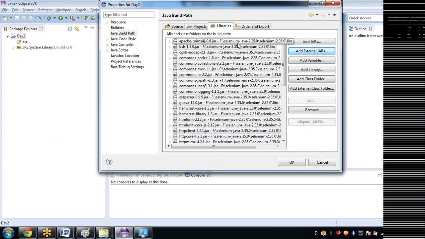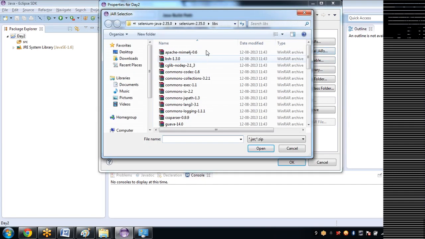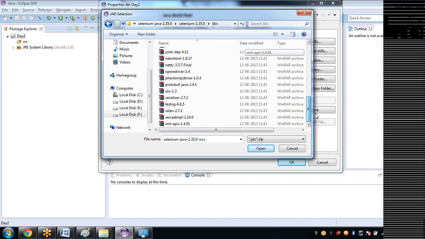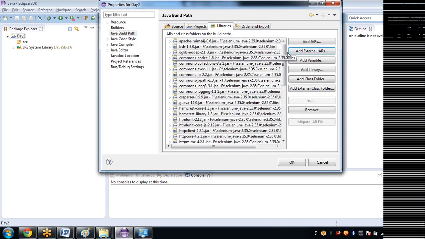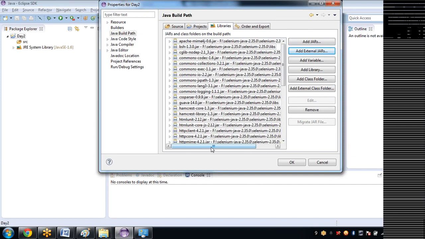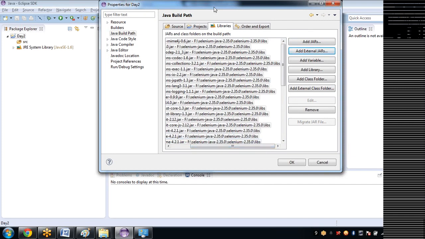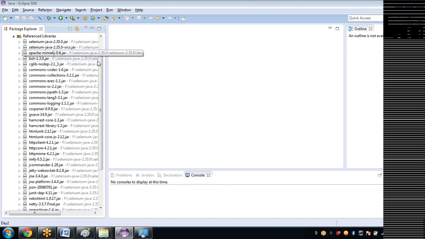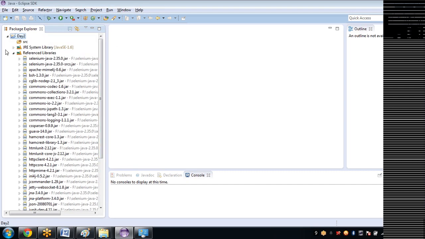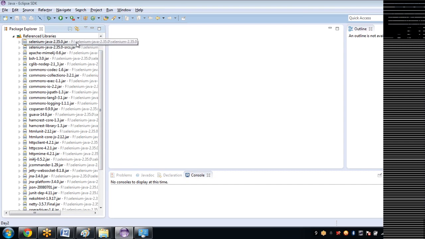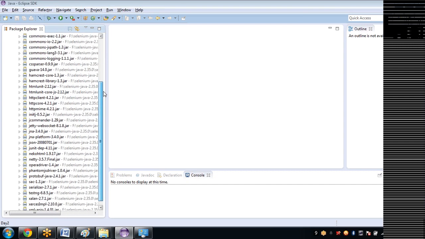your program will fail. So make sure that you carefully add these two first and come back again, open the libs folder and select everything and use open so that everything will get imported here. Okay. So once the jar files got imported, click on OK and see that one more folder will be added. See, all these are Selenium jar files. So make sure that you get one more folder after adding. That means you have successfully installed Selenium into your machine.